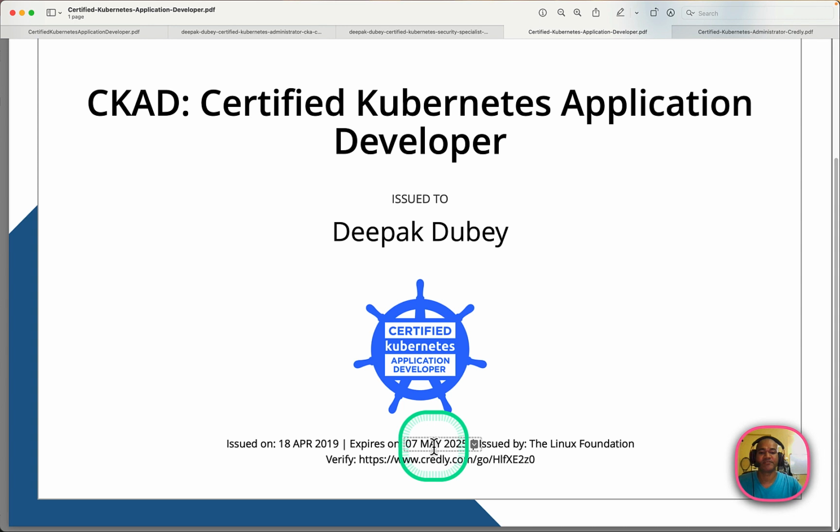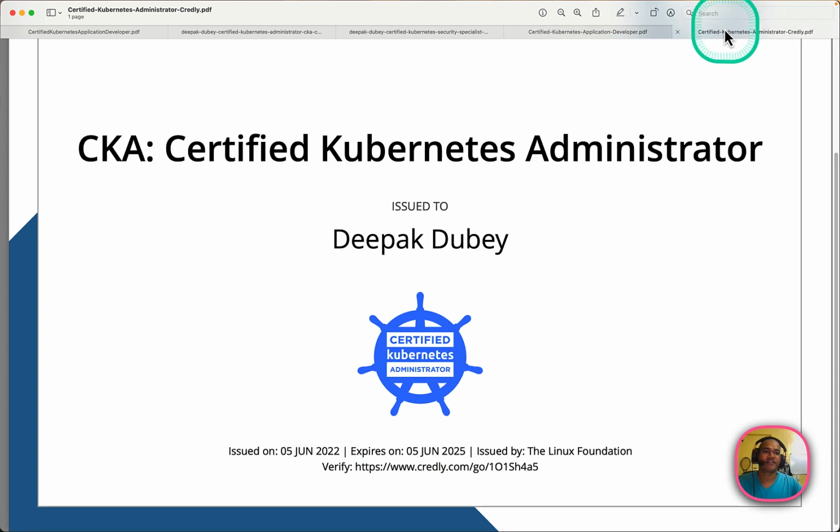Sorry, this year May 22, and it's valid till 2025. And the last exam, which was in June this month, was again the Certified Kubernetes Administrator exam, and this was in June this year, so it's valid till 2025. Yeah, so let's get started with some tips and tricks and how I would come up with an exam strategy and go through different setups, so that I can maximally optimize my score and hopefully get a